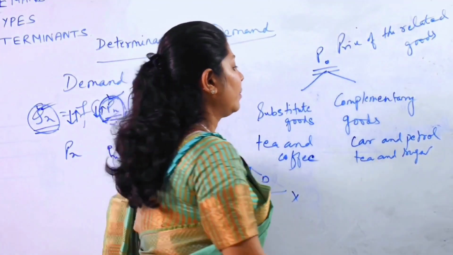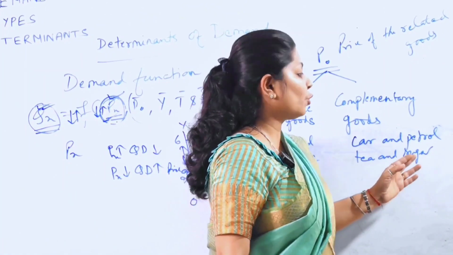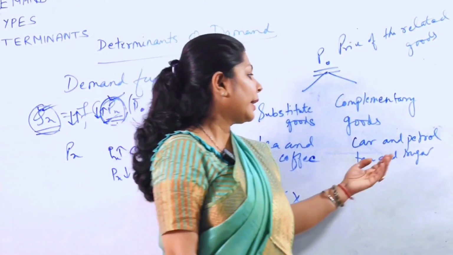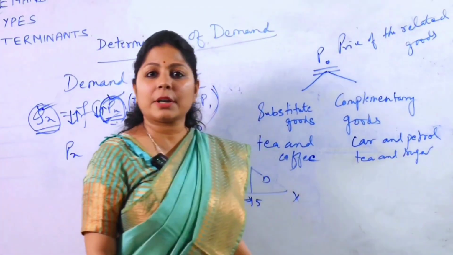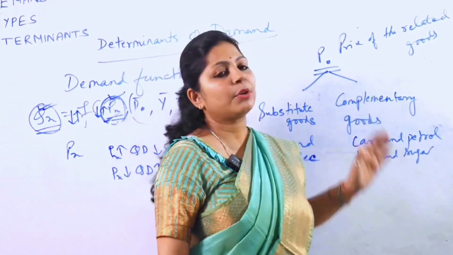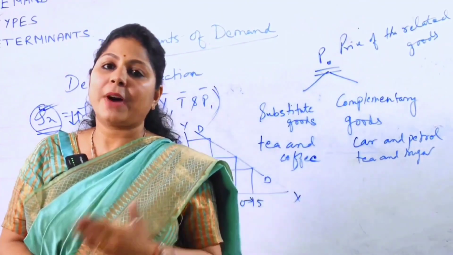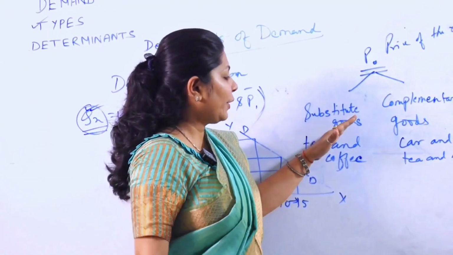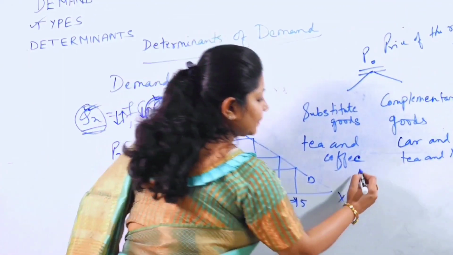Or if you are not consuming sugar, then in the absence of honey also you cannot consume the tea, right? In the absence of sugar free also you cannot consume the tea. So basically complementary goods are those goods, in the absence of one good you cannot go for the other. Now when we talk about substitute goods,